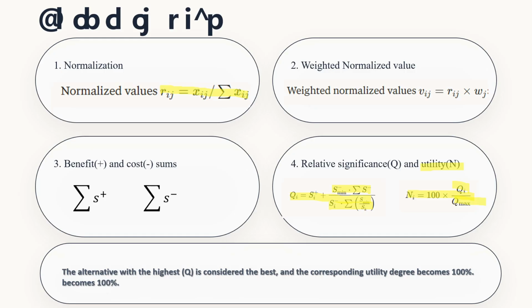Now the alternative with the highest N is the best, the alternative with the lowest N is the worst, and naturally the alternative